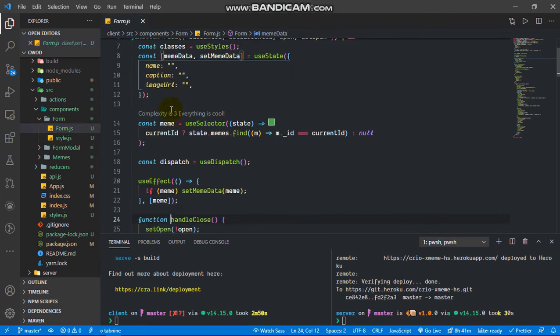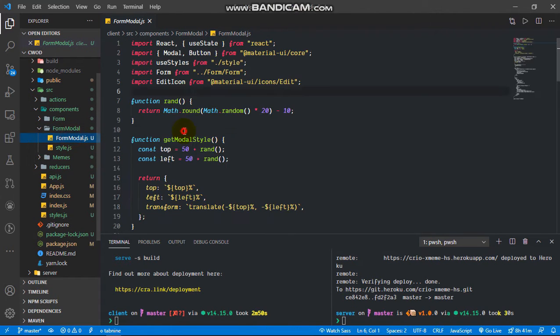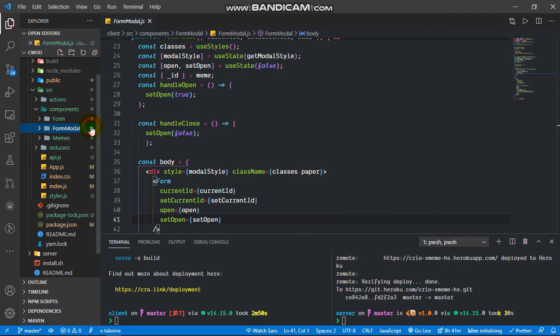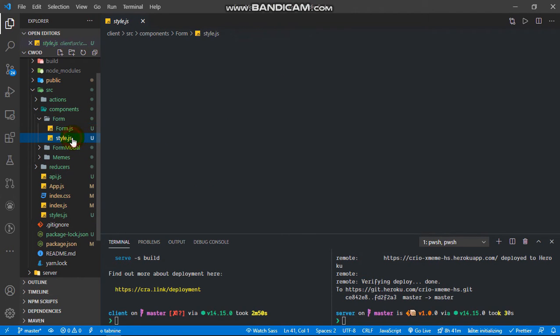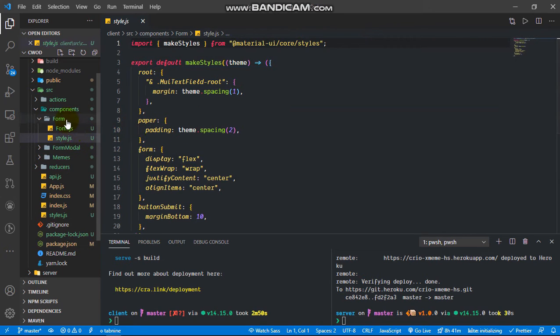Form contains the actual form. Modal has the modal. And similarly we have all the styles of the particular components.